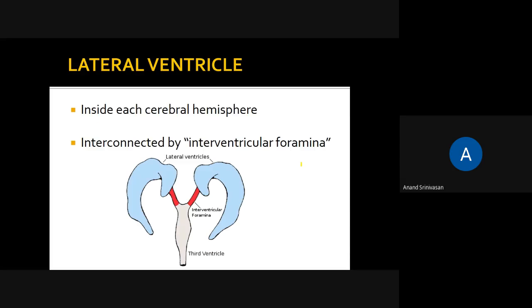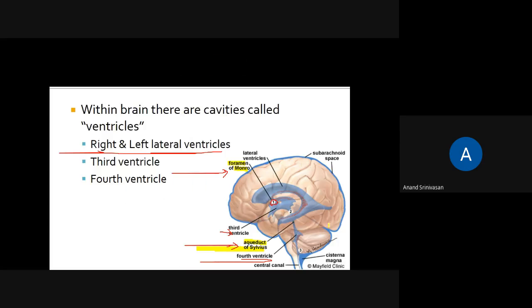Now where is the CSF formed from? Here you can see some small red colored structures along the lateral ventricle, the third ventricle, and partially in the fourth ventricle. So it is produced from here. If it is produced inside the brain, how does it